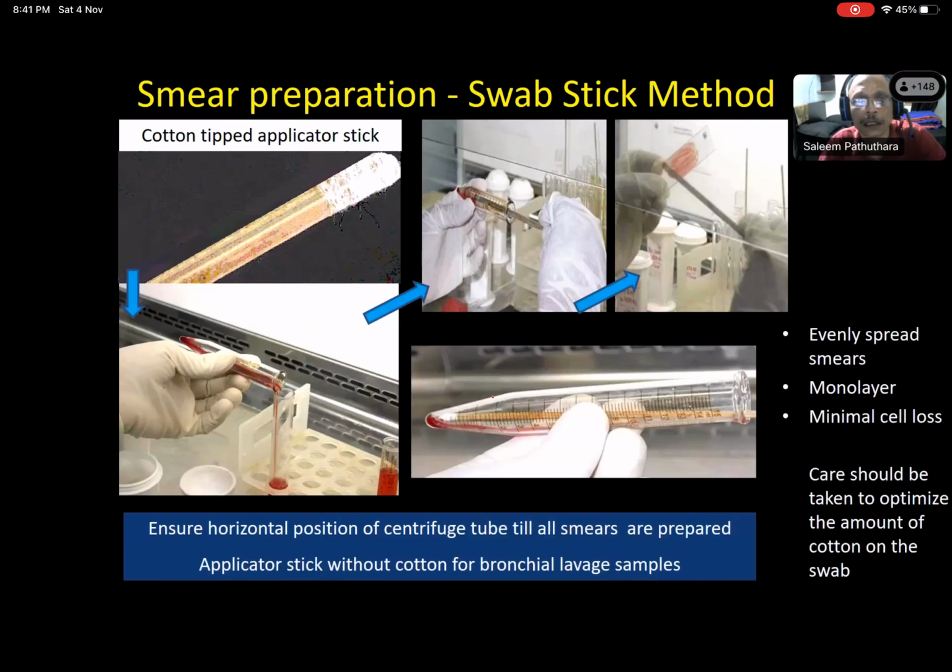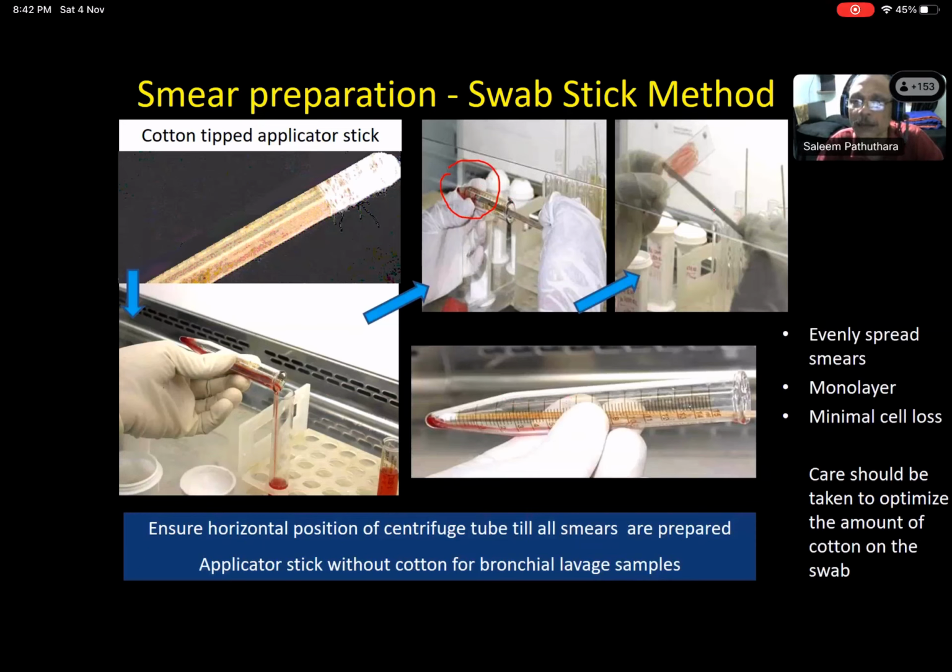After that, slowly decant the supernatant into a test tube, and using a substick, which is an applicator stick with a thin layer of cotton wound on the tip, slowly take out the sediment from the bottom of the tube. The tube should be held in a vertical position. Don't tilt the tube every now and then. Using the substick, the material is taken and rolled on the slide. The slide is immediately put, in a wet condition only, into the fixative bottle.